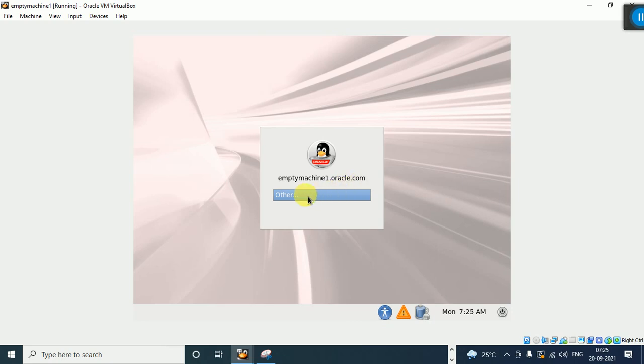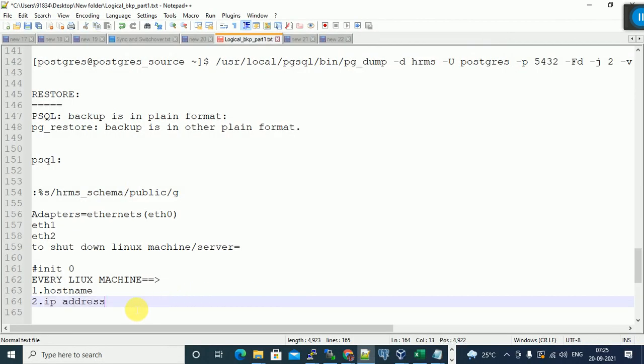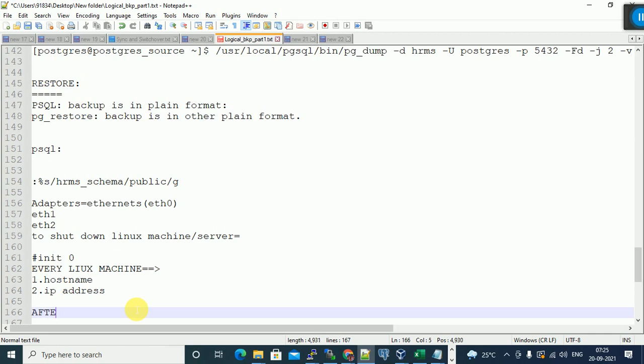So this is the host name, mtmachine1.oracle.com. Click on Other. After installing Linux, any Linux will get one super user. What is the super user? Root.